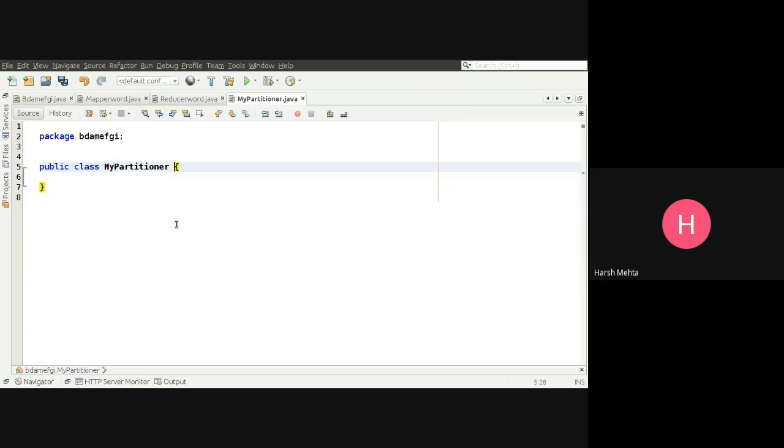MyPartitioner now extends the MapReduce Partitioner class.